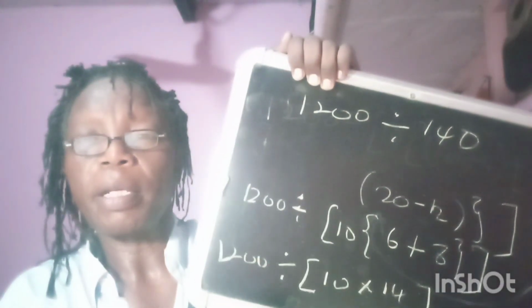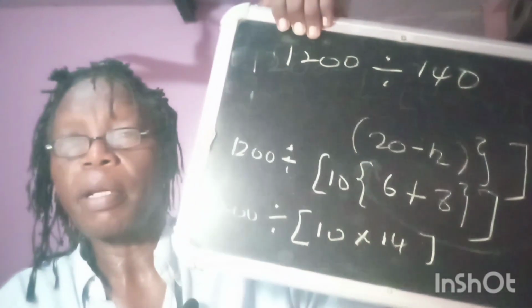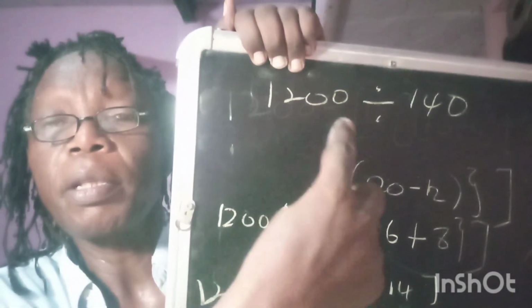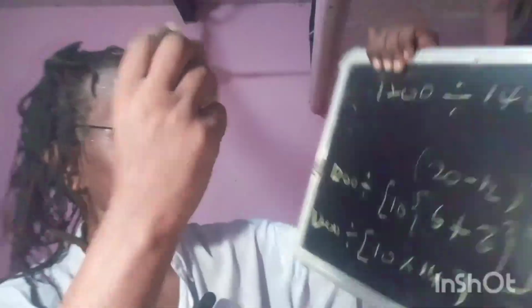Okay. So let me rub it out. So now we're going to have finally 1200. I didn't change anything much, divided by 140, which was the final thing that we got down there. Now we see we are going down. This is the last stage, and this you can solve. 1200 divided by 140. That one I don't need to show you, but if you want